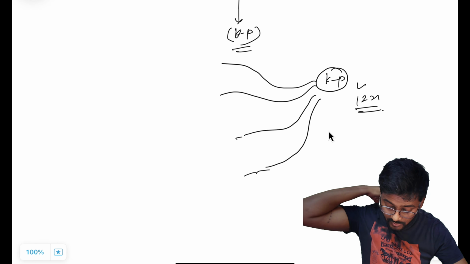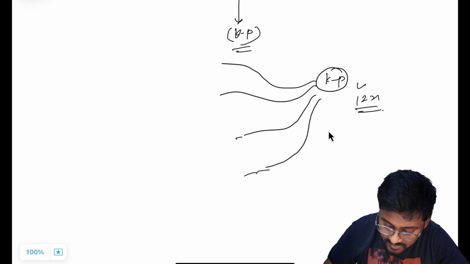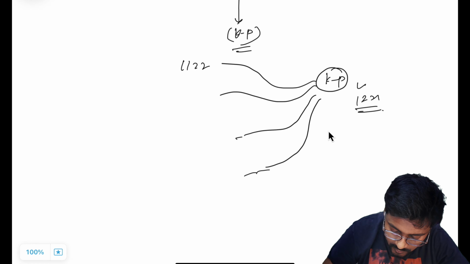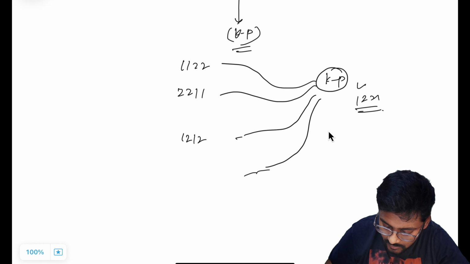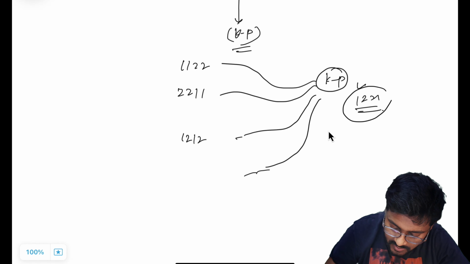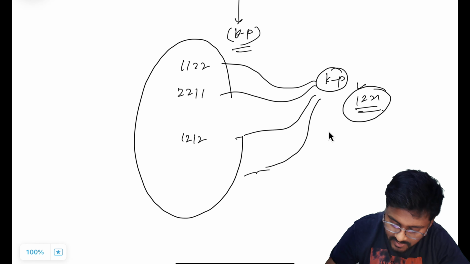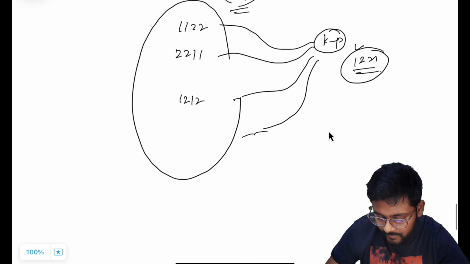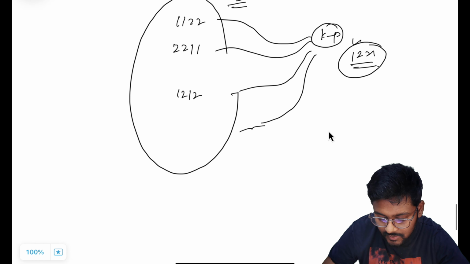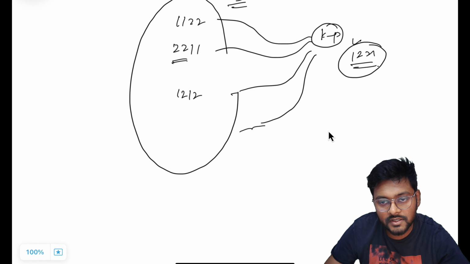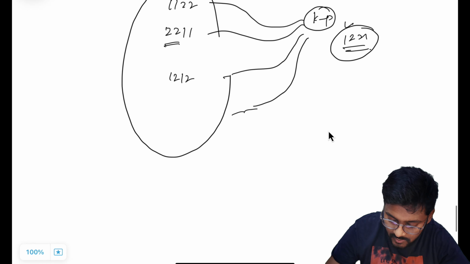This 1221 can be generated from 4 digits of multiple numbers. Let's say 1122, 2211, 1212, and so on. So from this I need to know how many digits are there, and these digits are just combinations of these numbers. So whatever is the number of digits, it is n factorial divided by, see,